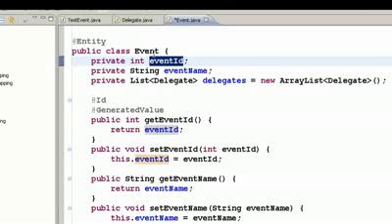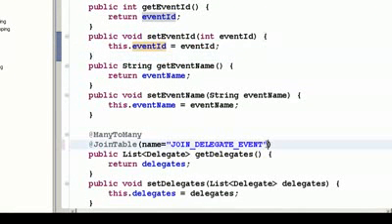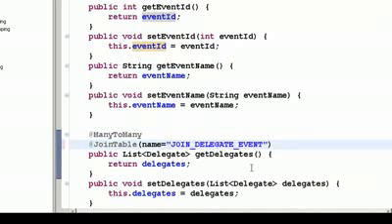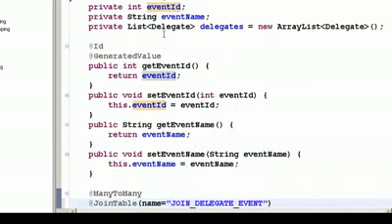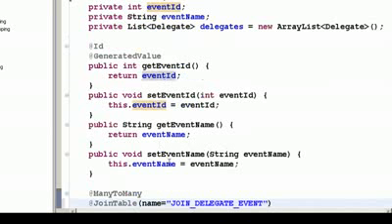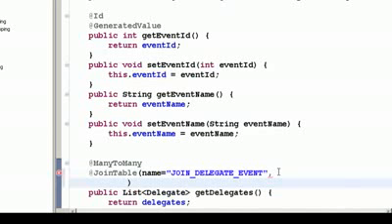But since I am programming in the event class, what I'll have to do is define event ID as the join column and delegate ID, which is in the other class, as the inverse join column. We'll take a very good quick look at it. So now let us go to this event class, and in this event class you have to say comma,